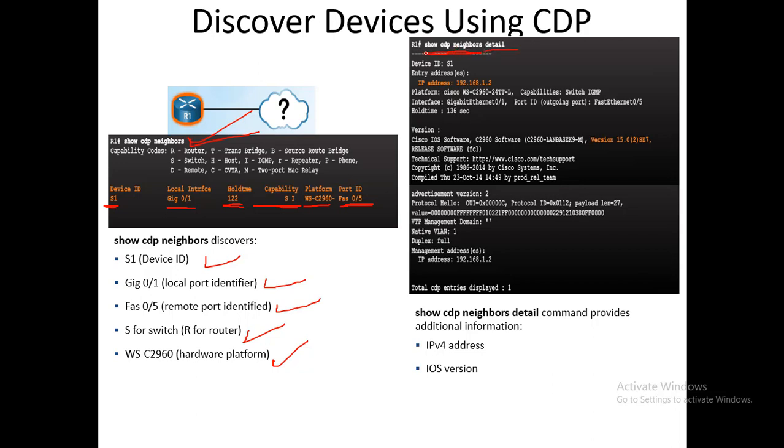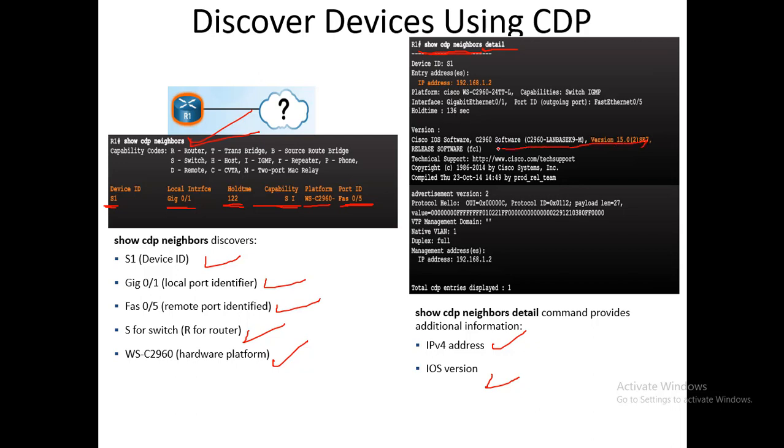That command will be used along with a specific keyword, that is detail. It will also display the information about the IP address and the iOS version. You can see that if I run this command, this is the image captured by the Cisco, and it is displaying the version of the iOS.